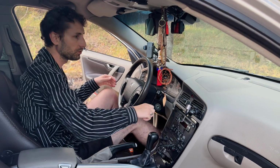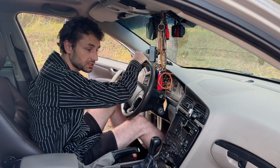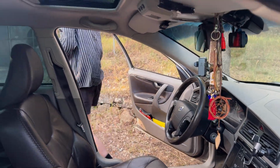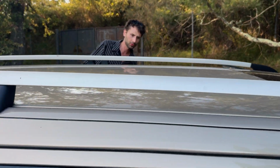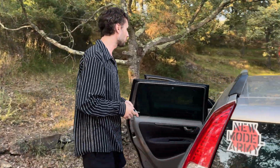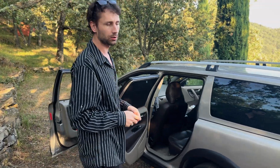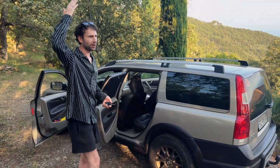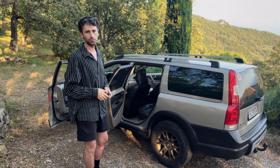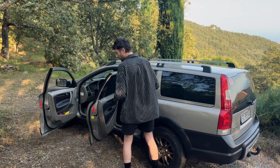So we will do an engine startup later on, and we'll look at how this car drives. But for now, let me show you something that I do not like about that car. As you can see, I'm 190 centimeters, which is quite tall. And in the front, the way I sit now, I'm fully comfortable. More than enough headspace, I have enough space for my legs. I can even slide back, so even someone maybe that much taller than me could still fit in the front. But if you want to carry passengers in the back,